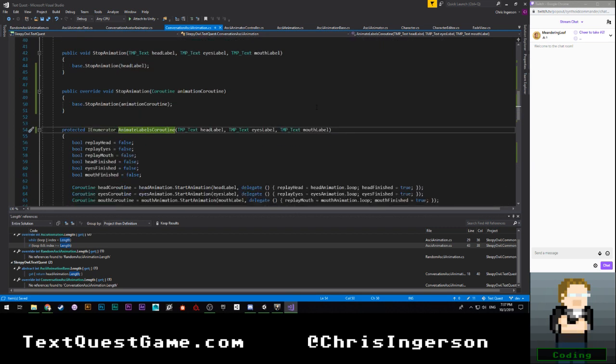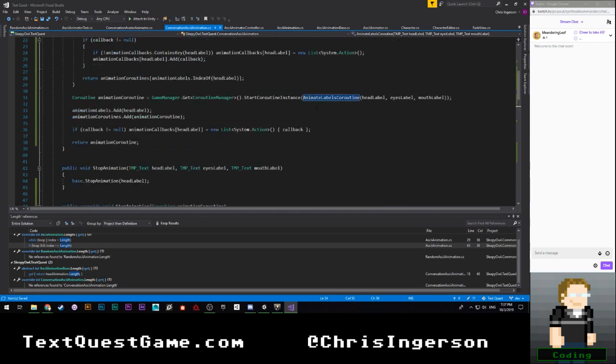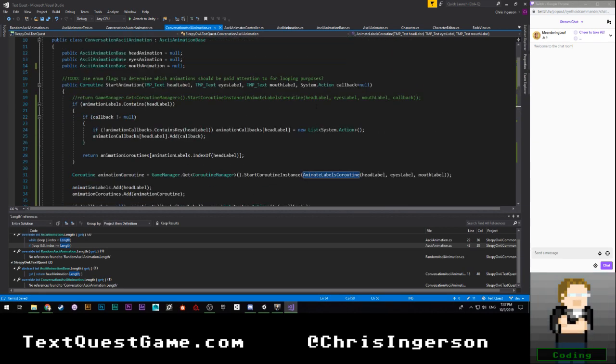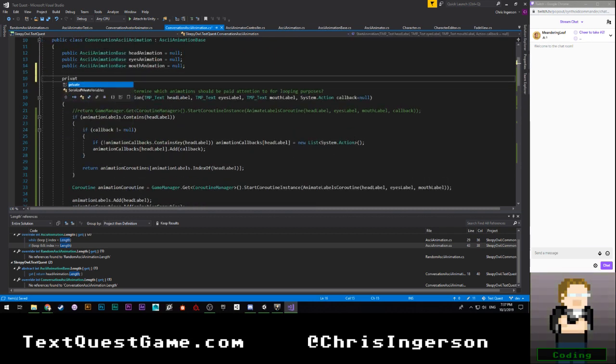Oh dear. Yep, that is not good enough. I have to make a dictionary of coroutines and lists of coroutines. Okay, so that means that this has to change. We're going to say private dictionary coroutine. This is going to be so sloppy. Coroutine and then a list of coroutines. So these are going to be animation coroutines is equal to